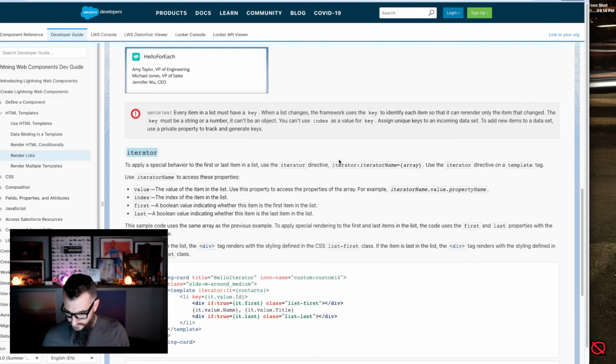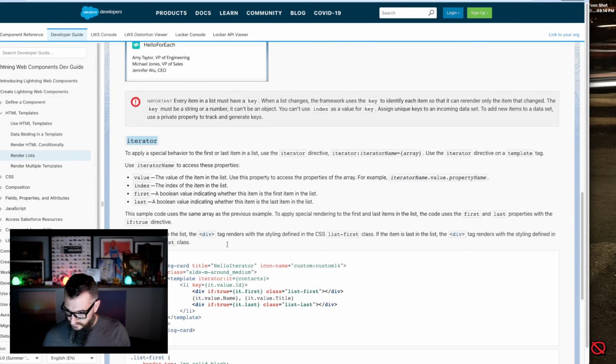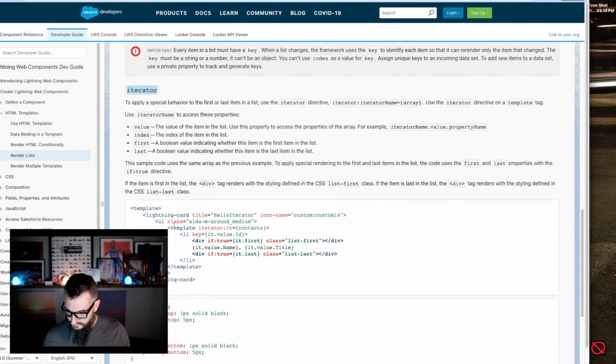I thought we could just get, oh, do we have to do the iterator? We might have to do the iterator. Okay. The iterator IT,